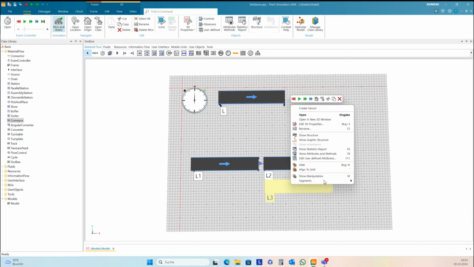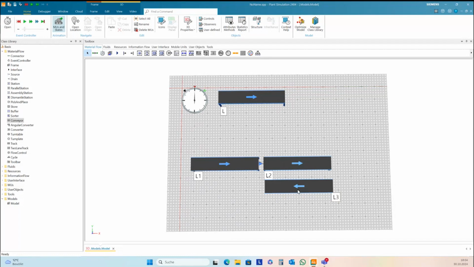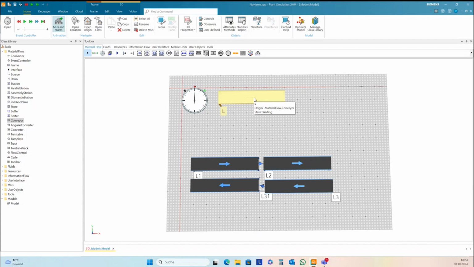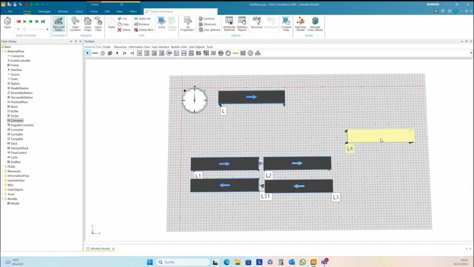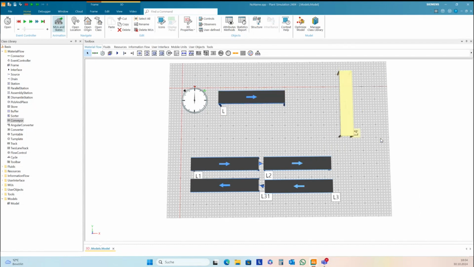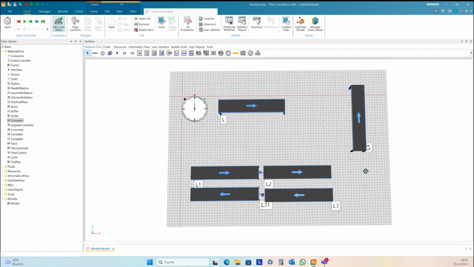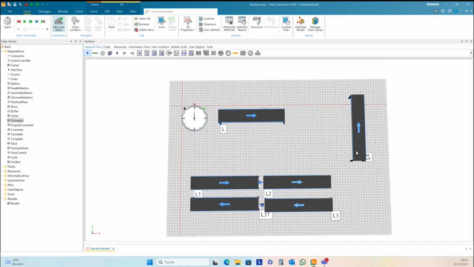Okay, here segments reverse and another one in the same direction. And I have other conveyors at 90 degrees.